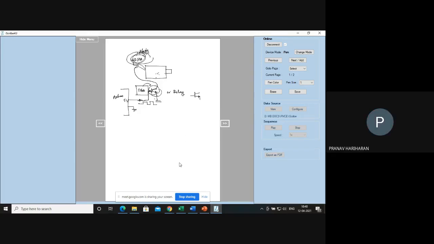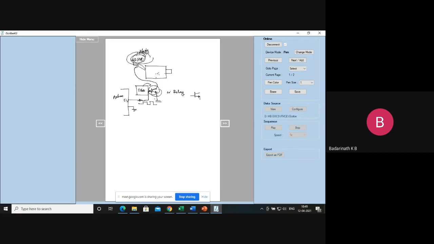So, sir, this 5 volts which has been provided by the Arduino has been amplified by the transistor driver, and it gives the 12 volt output to the motor. Yes. Amplify in the sense, as you studied in electronics, what is the job of a transistor? It allows the higher collector current and collector voltage to pass through the load. What is the load here? The motor is the load here. It is not that Arduino is supplying that current. Who is supplying the current? The current is supplied by the adapter only. The power is supplied by the adapter only, that is the AC source, whatever you have in the house.